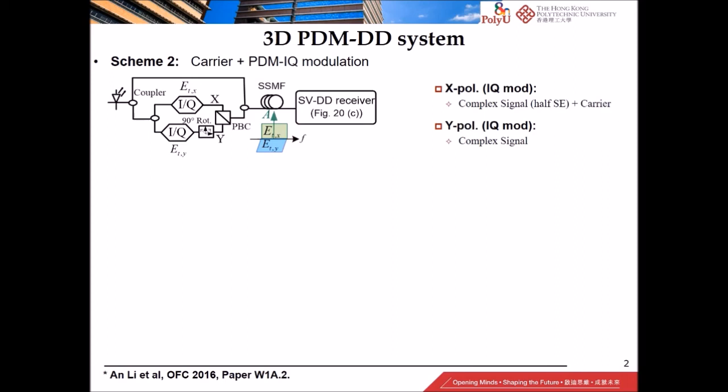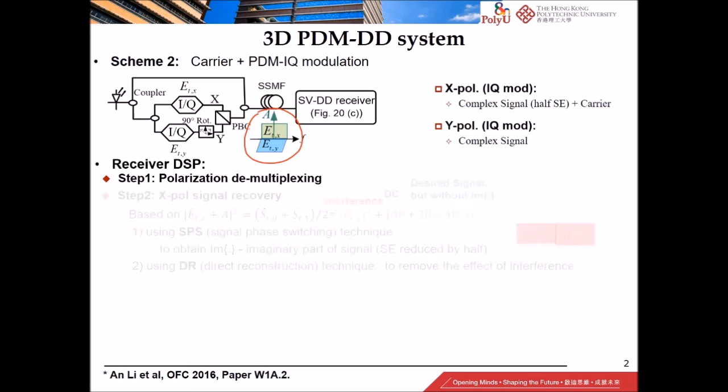So what happens is that you generate a signal that looks like this, and then at the receiver, what we'll do is the following. First, of course, estimate the polarization rotation matrix, and then equalize it, cancel out the phase rotation,